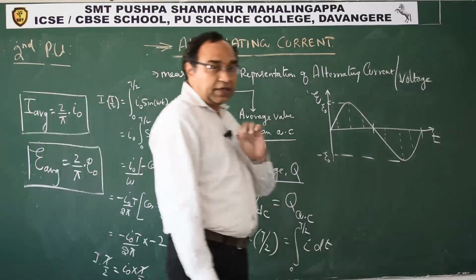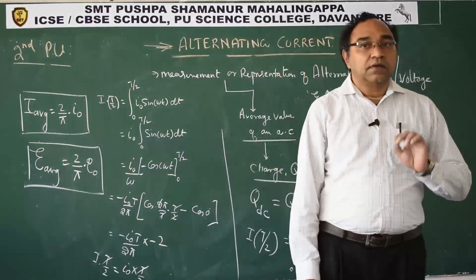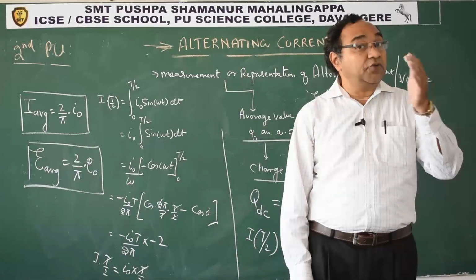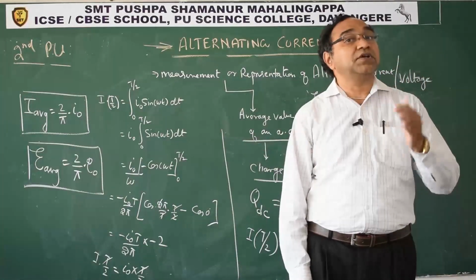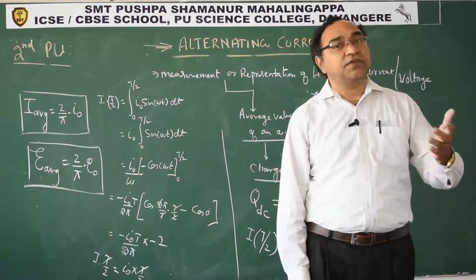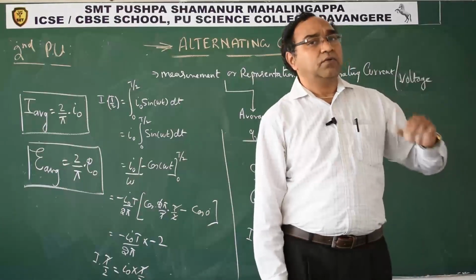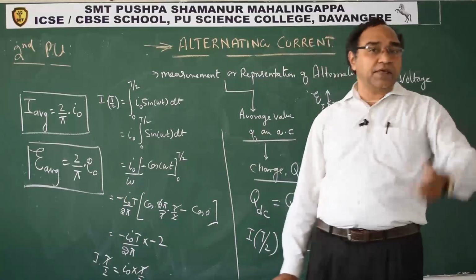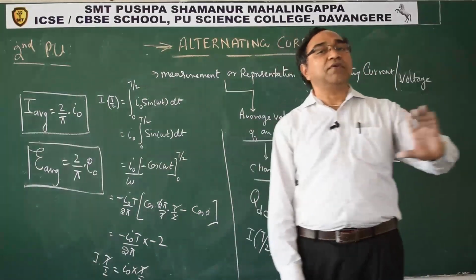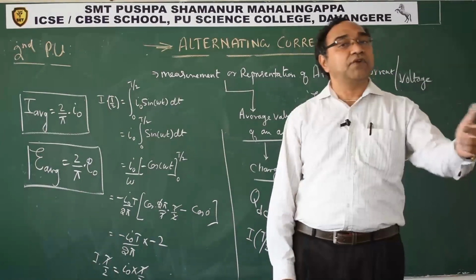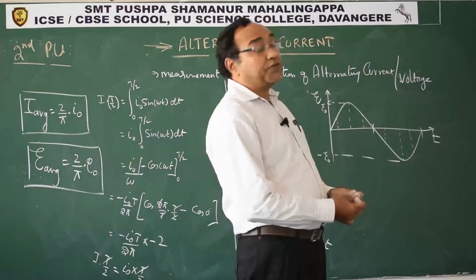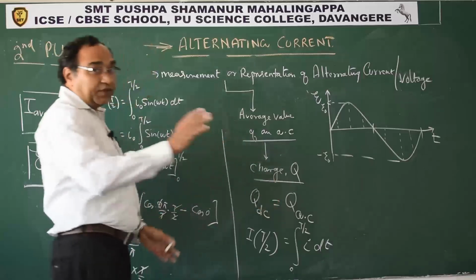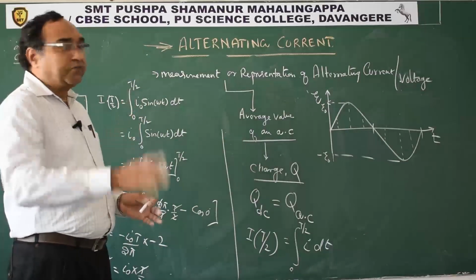This is how we can represent a fluctuating source. Fluctuating source means what? A function of time. With time it changes. That is why normally we say that in household electricity, voltage is fluctuating. See, what is the meaning? Because it is not constant with time. So we say voltage fluctuation. So it is a function of time. Of course, it is not a fixed function. That is why we say fluctuation.